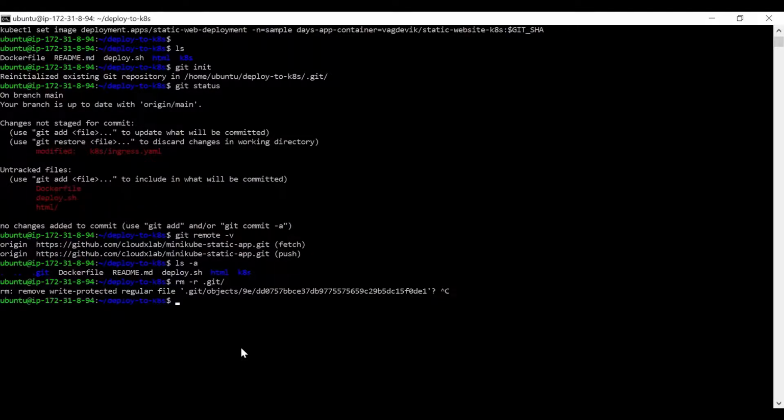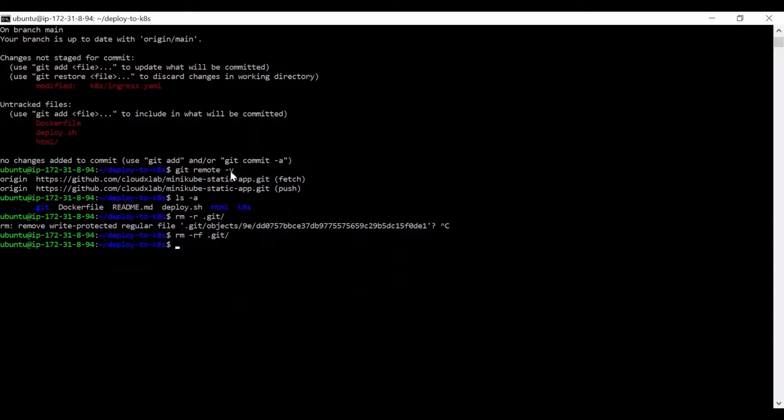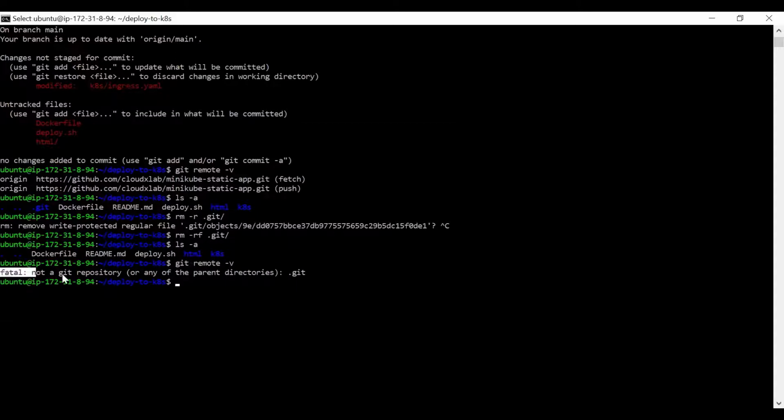So Control C, and use -rf, which means recursive force delete. Now when we do ls -a, there is no hidden git tracking, right? When we do git remote -v now, it doesn't contain any git repository, so now we can freshly initialize whatever tracking we want.